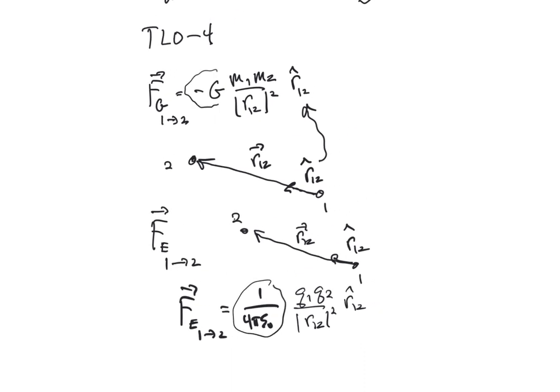Here the constant is negative G. Here it's 1 over 4 pi epsilon 0. Here the two charges produce the force. Here it's two masses. And everything else is identical. So these are the two TLO4 examples that we'll be using in this course. One thing I want to point out is that